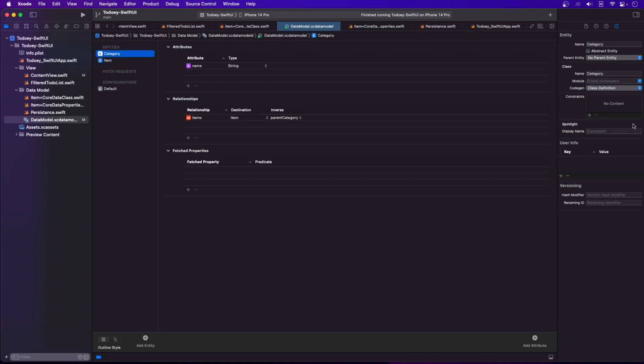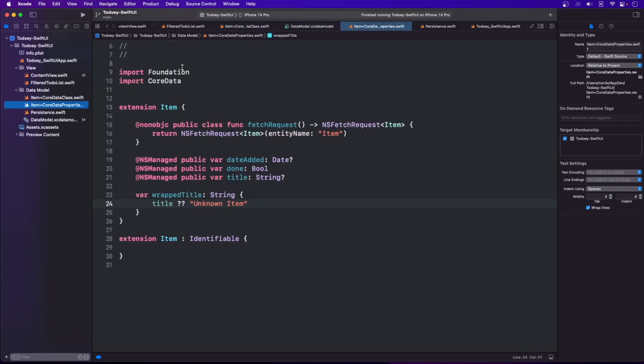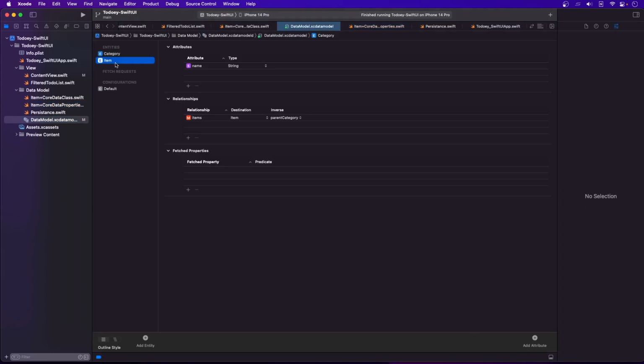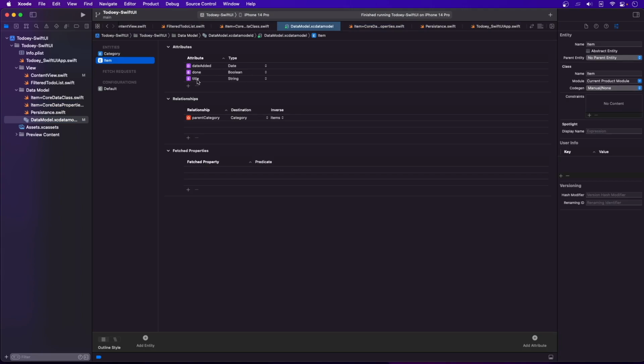Again, for category, codegen is under class definition. We'll also change this to current product model over here. But class definition means that Xcode will generate behind the scenes these two files, except they'll be related to the category and not the item. For us, because we've manually generated this file,